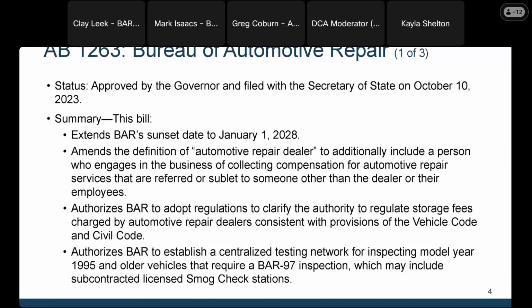It also expands the definition of an automotive repair dealer to include any businesses collecting compensation for repairs that are referred or sublet services. Additionally, it grants BAR authority to establish storage fee regulations. We are starting that reg text, and we do plan to have a workshop on this subject at the January